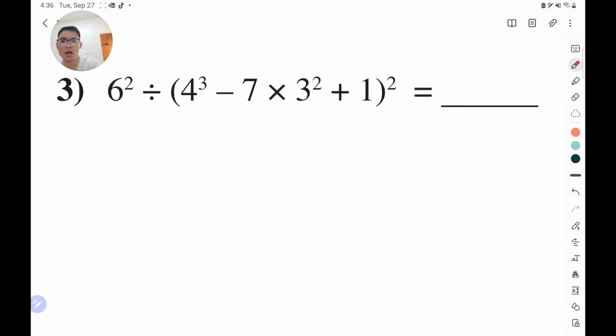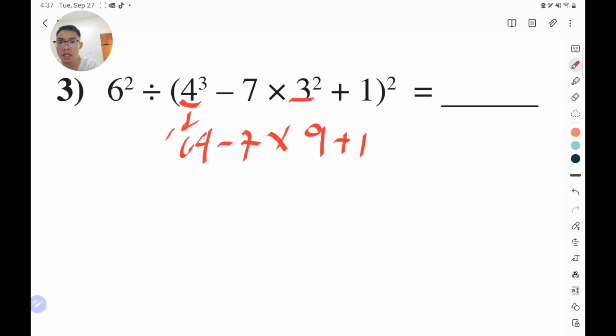Alright, let's have this last example here. The first thing that we need to do is simplify whatever's inside the bracket. And inside the bracket is 4 squared minus this and that one. So after bracket, we need to do index first. We cannot multiply, because index comes first before multiplication. So we need to simplify our index, which is equal to, this is 64 minus 7 times, this is 9